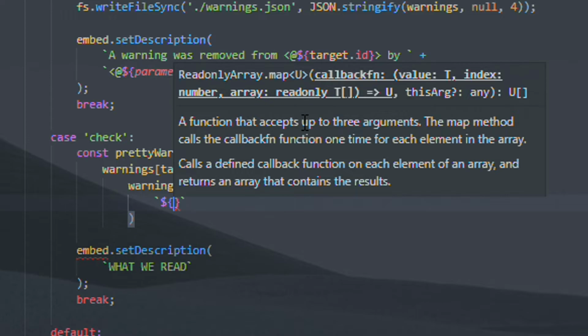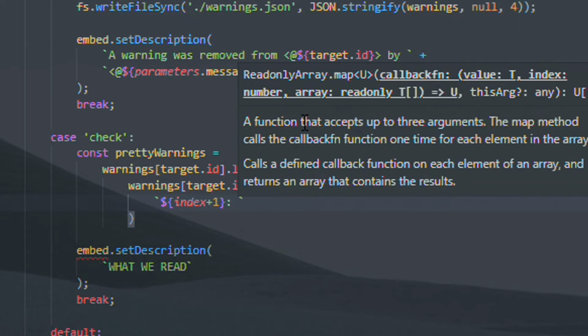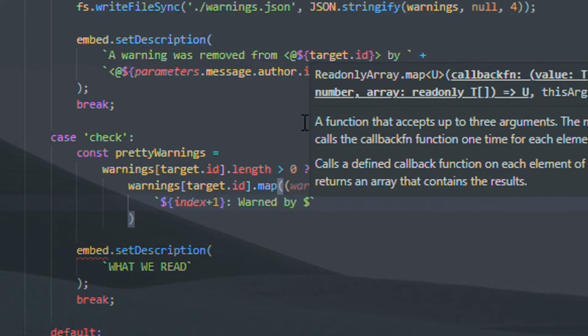So this will be index + 1, because arrays start at 0, but we want to start at 1. So it's going to say, okay, this is the first warning, and it's going to say warned by, and then the